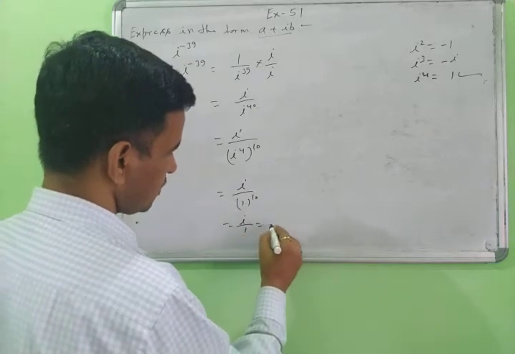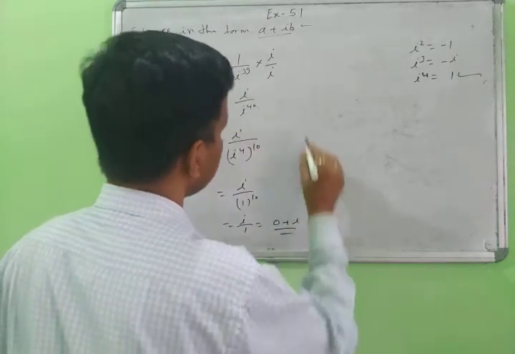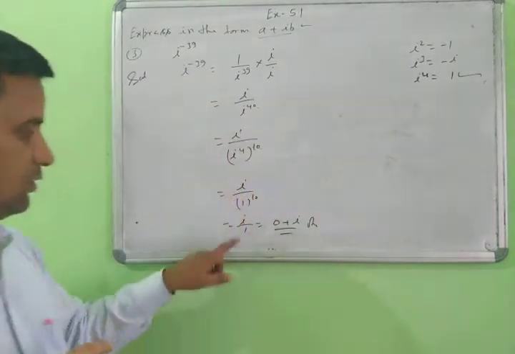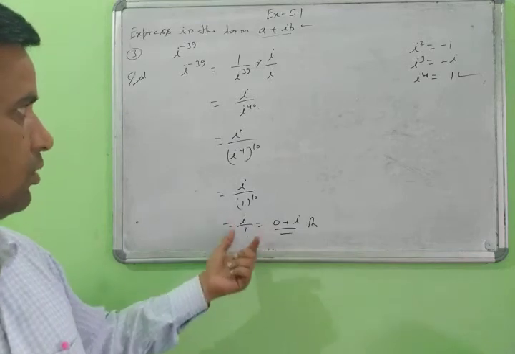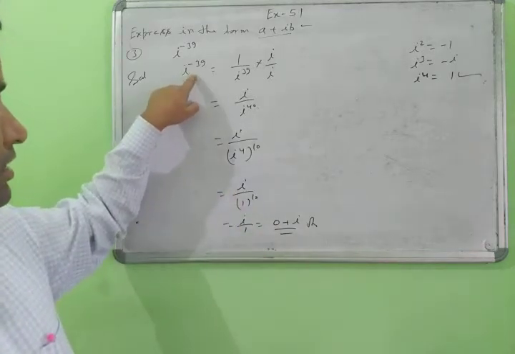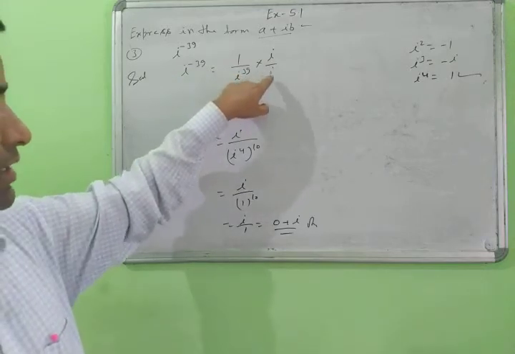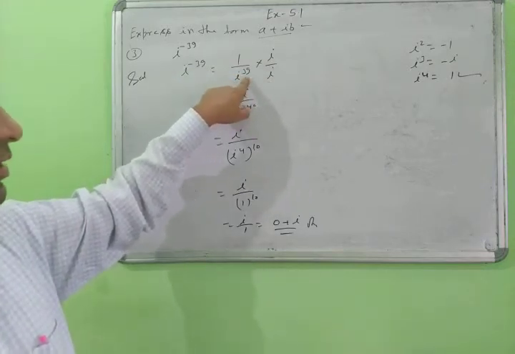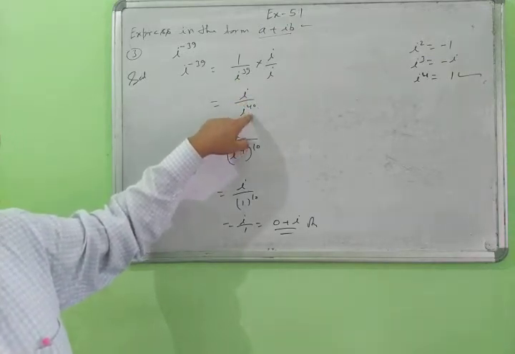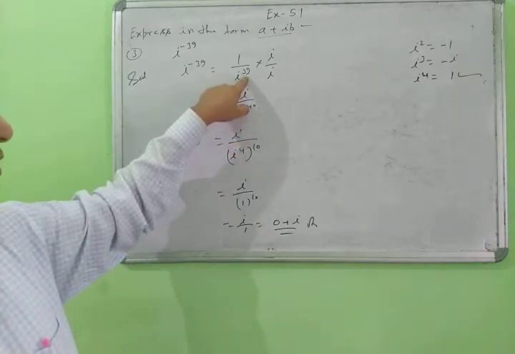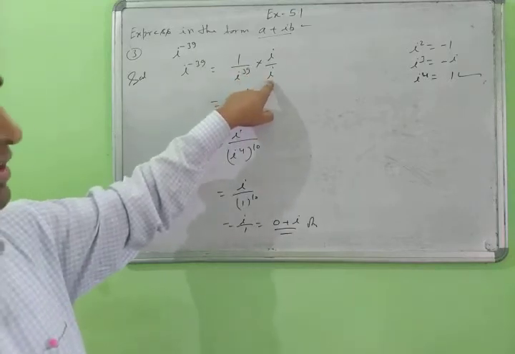So this is, you can say here, 0 plus iota. This is your answer. In this form you write it: iota upon 1 means iota, or 0 plus iota. Then you can write in this form. So first of all you convert the negative integer into positive. Then you multiply by iota, because suppose you are adding 1 here, then you convert it to 40. Suppose here 41, then you don't multiply 1, other numbers will multiply here.